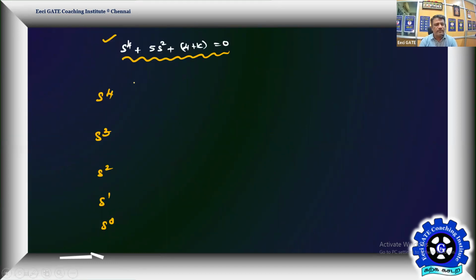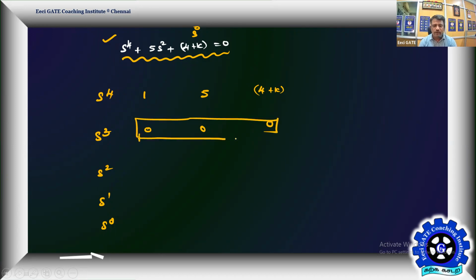So the s power 4 coefficient is 1. Remember, we have only even powers. So s power 4 is there, s square is there, s power 0 is there. That means the first row is filled by the coefficients of the given characteristic equation. So it's 1, 5, and 4 plus k. That's all. But what about the next row? It doesn't have any coefficients. So one row completely vanishes. And you have the basics: if one row completely vanishes,